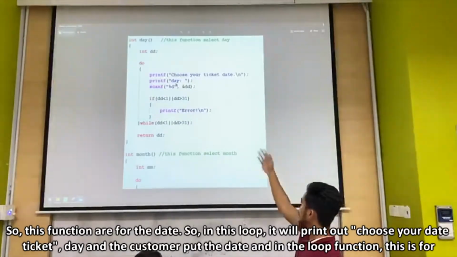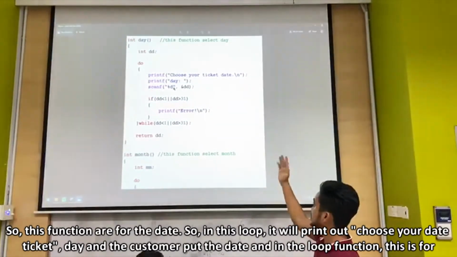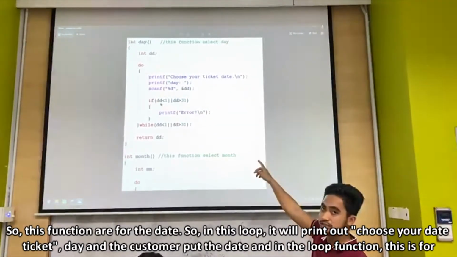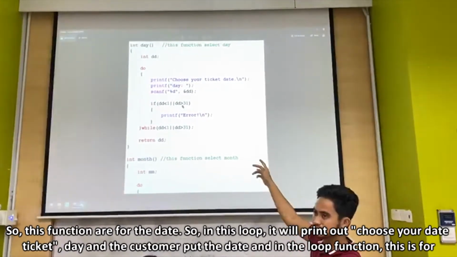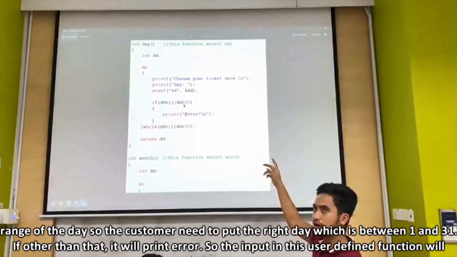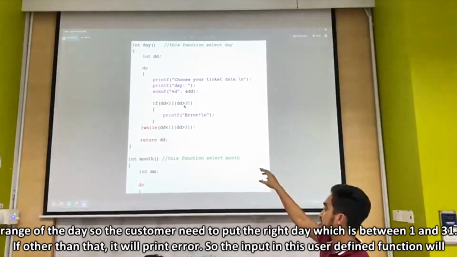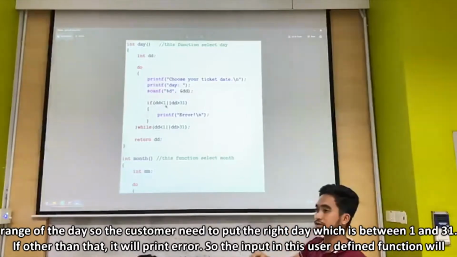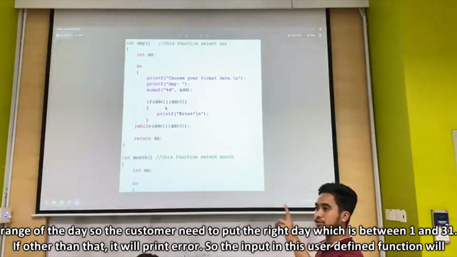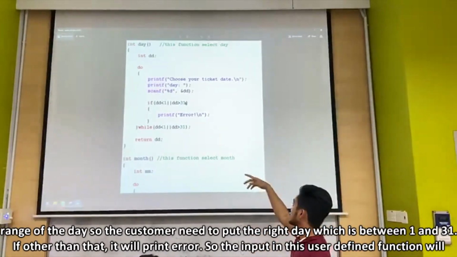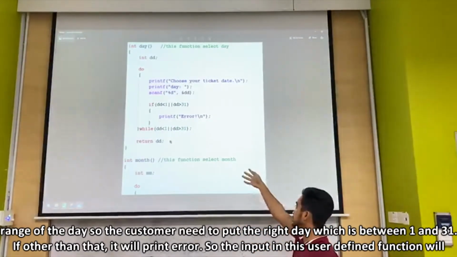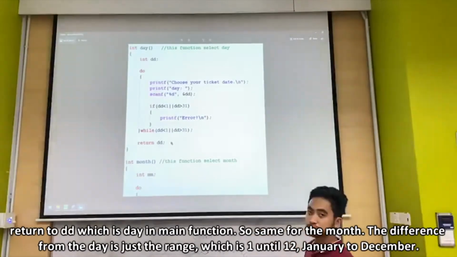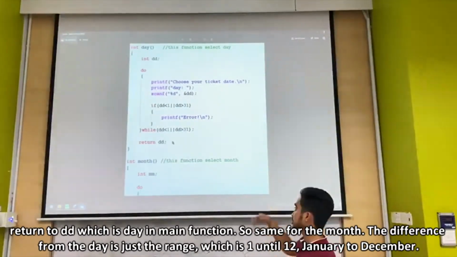The customer puts the date, and the loop checks the range of the date. The customer needs to put the right date, between 1 and 31. Other than that, it will print error. The input in this user defined function will return to DD, which is date in the main function.